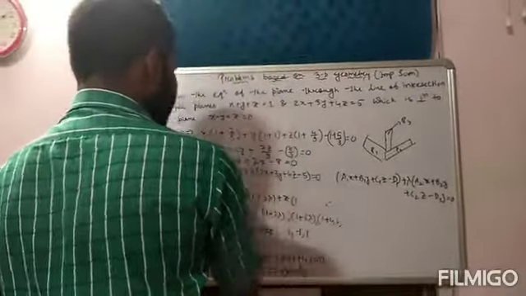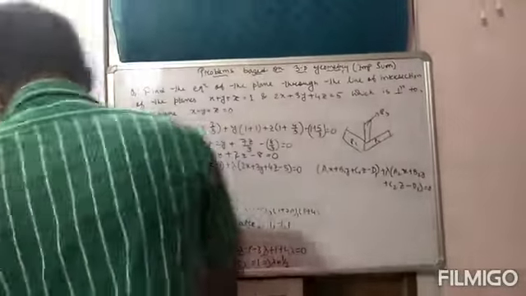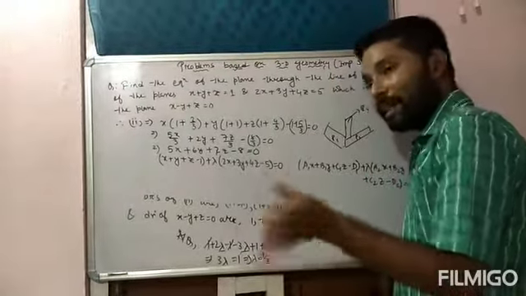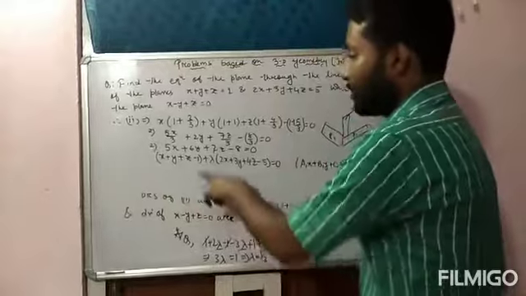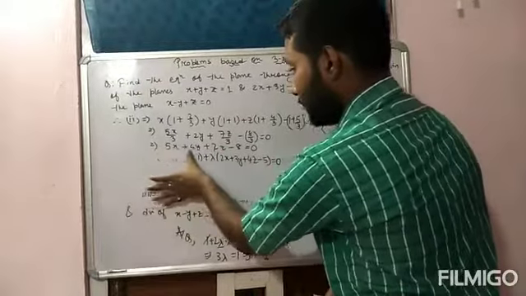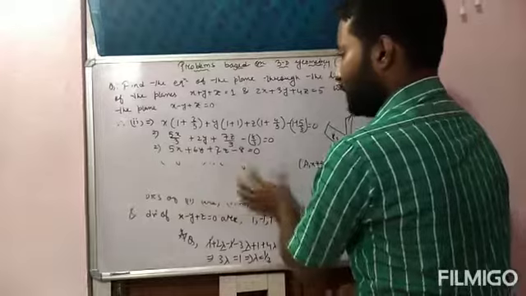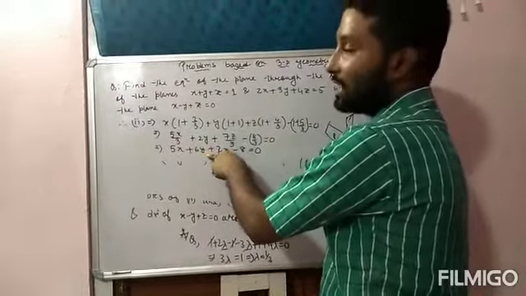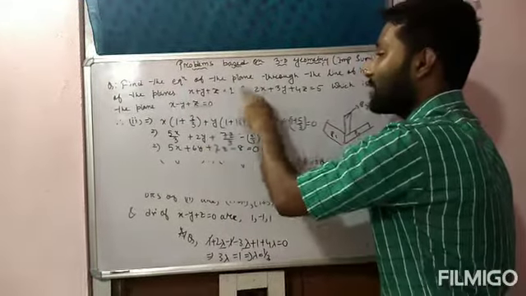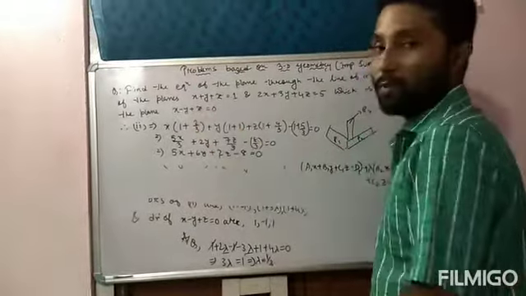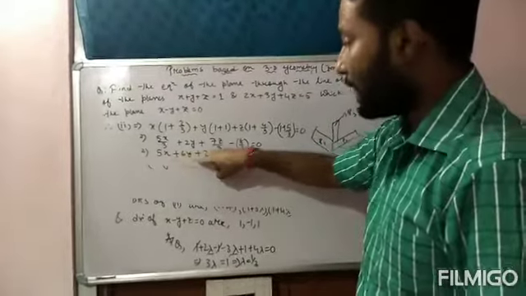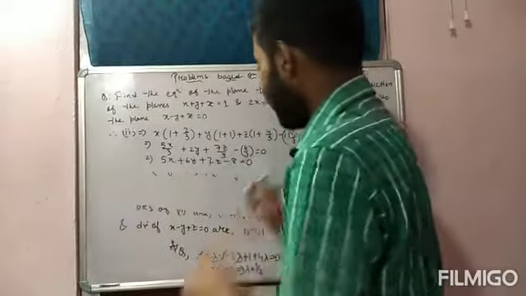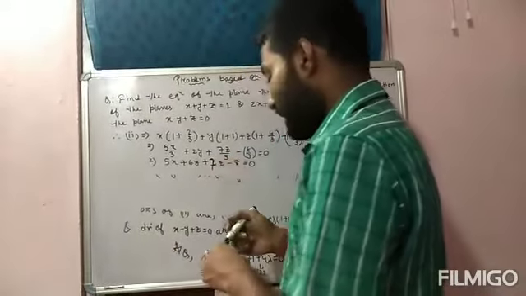Okay, which is the required equation of the plane. Just you need to put the value of lambda either in equation number 1 or in equation number 2, whichever you feel comfortable with. So this is the required equation. You can see the equation is also in Cartesian form, because the other three equations in this question are in Cartesian form only. So that's why the required equation of the plane is also in Cartesian form: 5x plus 6y plus 7z minus 8 is equal to 0.